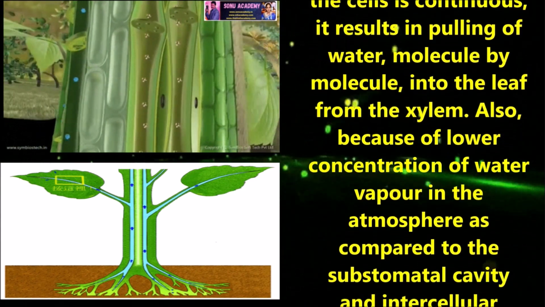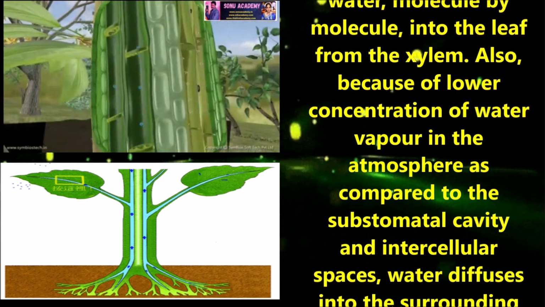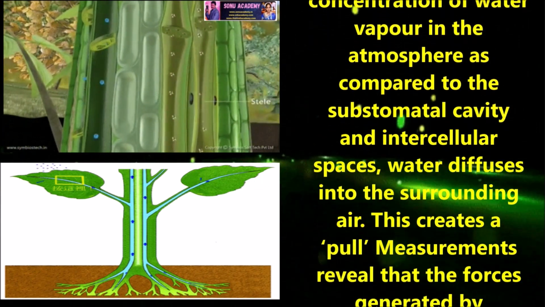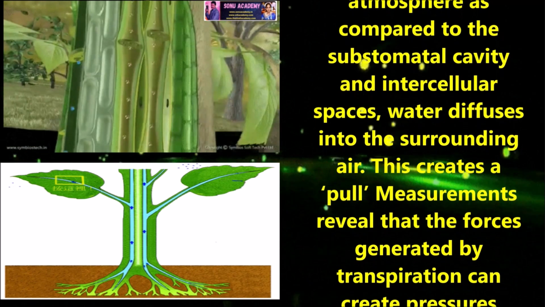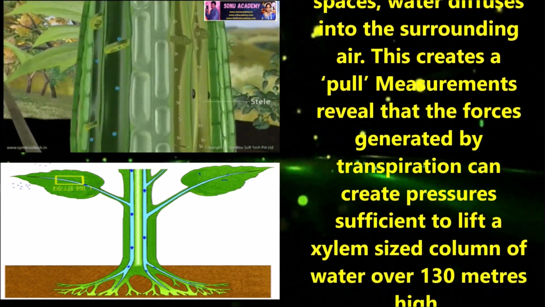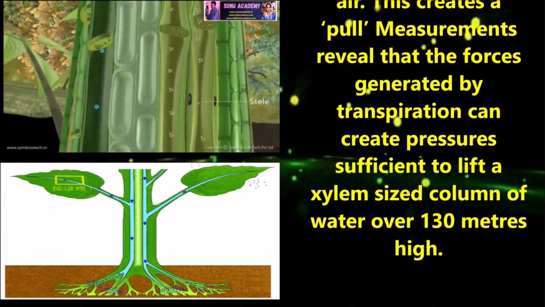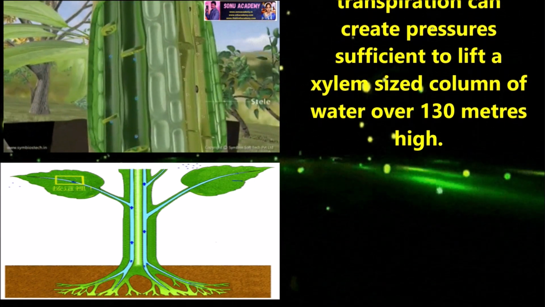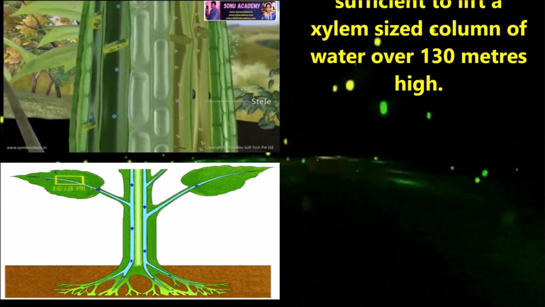Also, because of the lower concentration of water vapor in the atmosphere as compared to the substomatal cavity and intercellular spaces, water diffuses into the surrounding air. This creates a pull. Measurements reveal that the force generated by transpiration can create pressure sufficient to lift a xylem sap column of water over